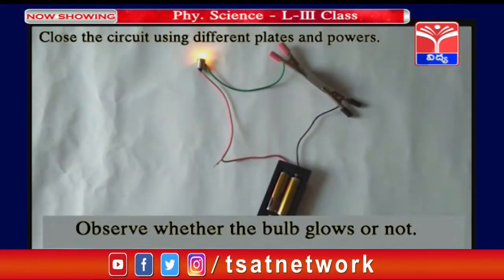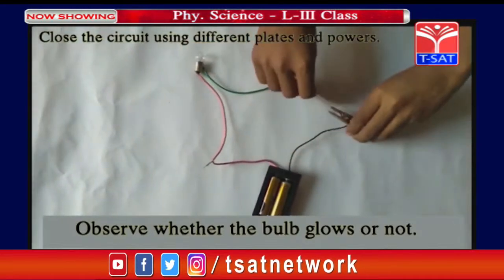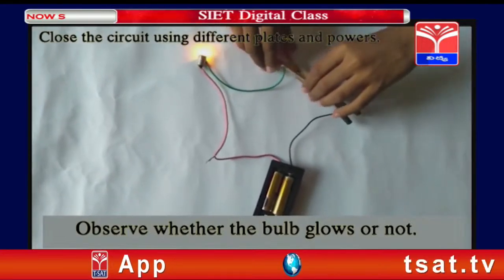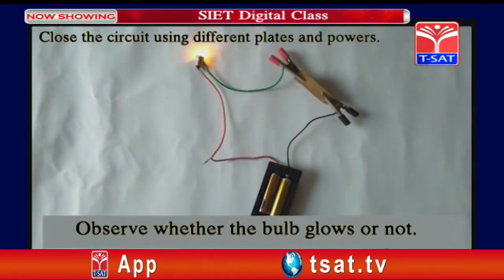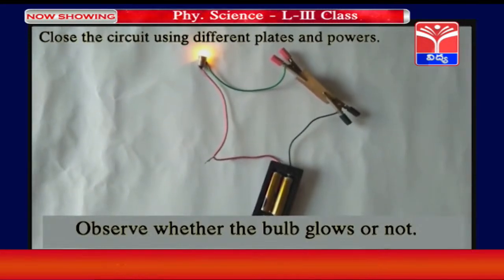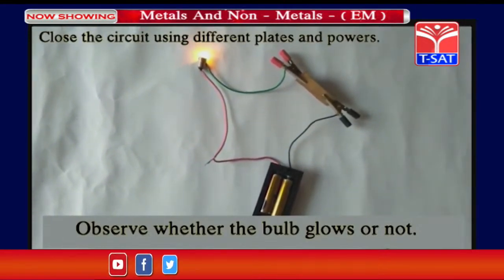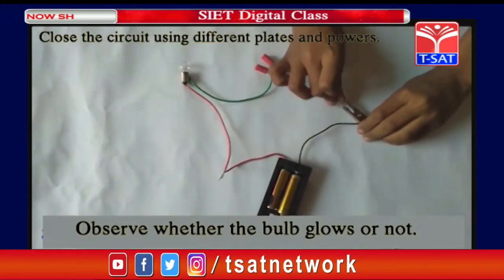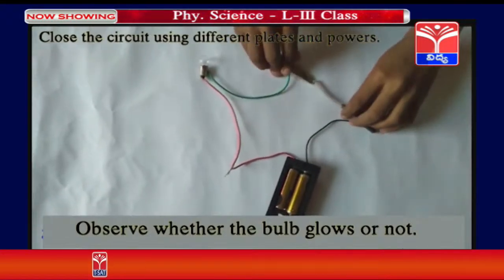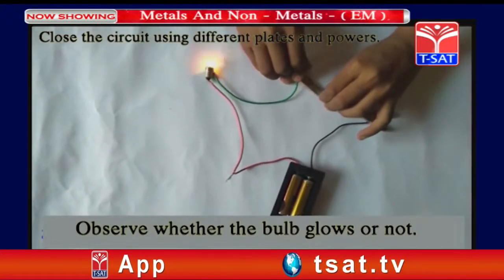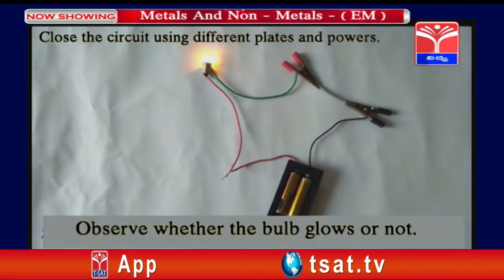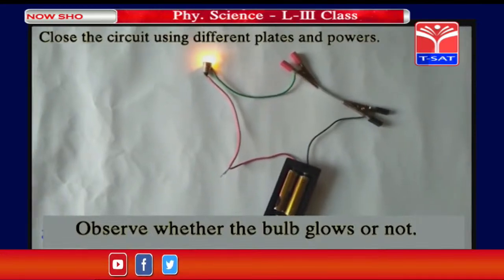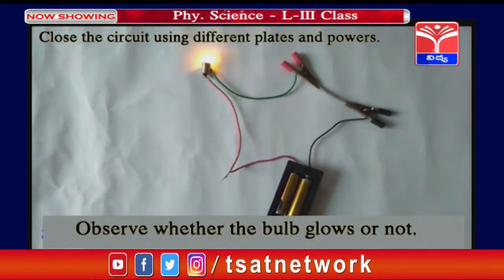Now, let us insert different plates. Now, here we close the circuit with the copper plate. Observe whether the bulb glows. Yes, the bulb glows here. Children, observe this video and the plates inserted in between the two clips. Yes, here is the iron rod, an iron wire, between these two clips. This wire allows the electricity,